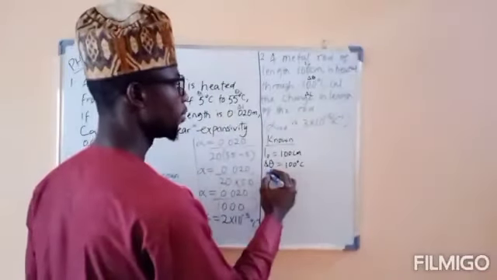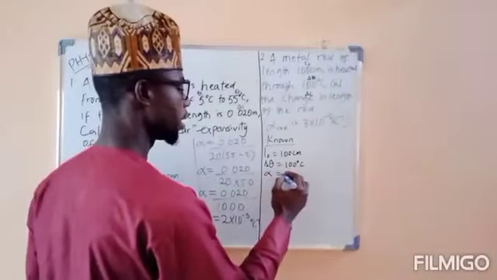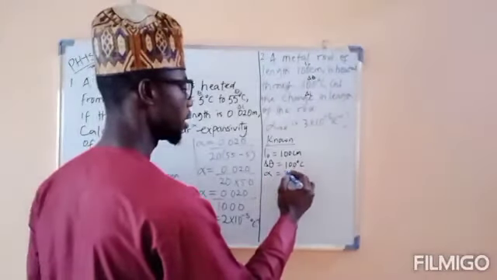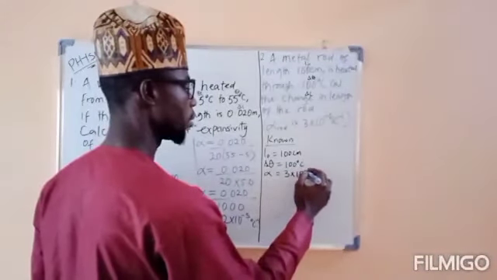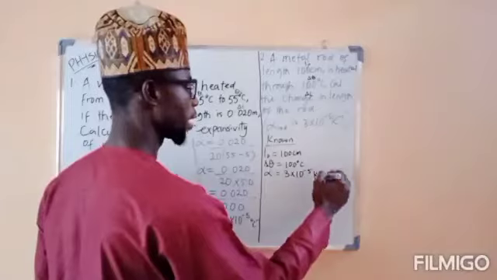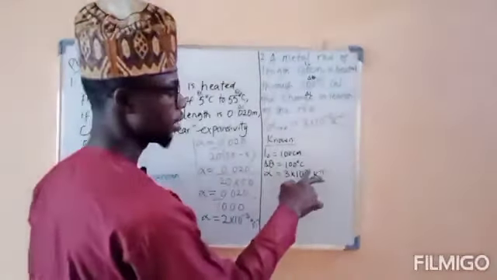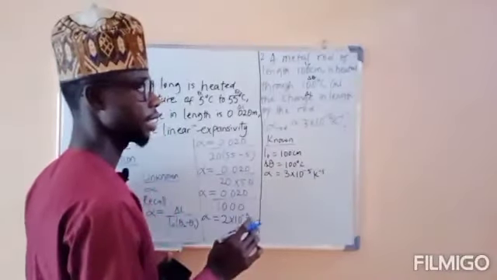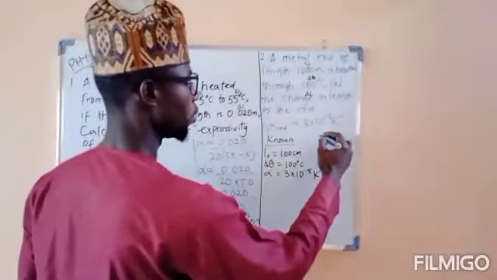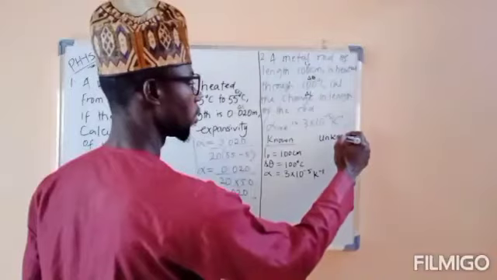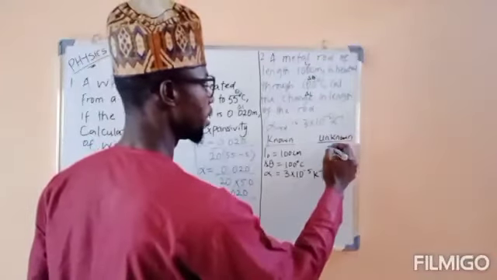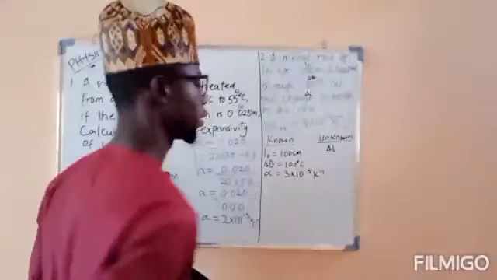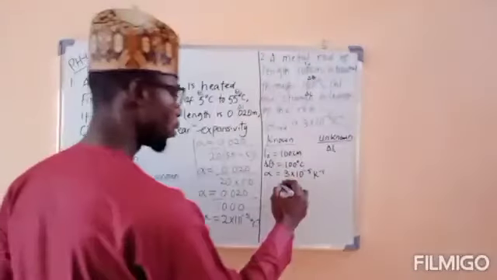Then we have alpha of the material, which is rod in this case, is 3 times 10 raised to power minus 5 per Kelvin. I told you, it's of no offense. Here is per Kelvin, here is this. You don't need to change any, they are the same. Is that clear? Then what is the unknown? Unknown here is we are looking for change in length. The next thing is to recall